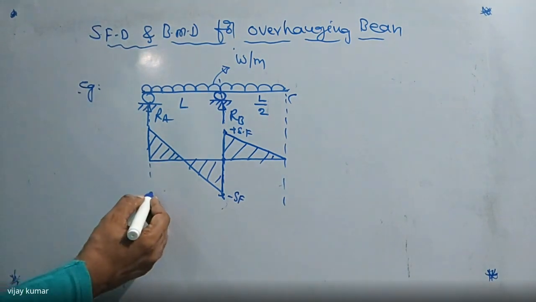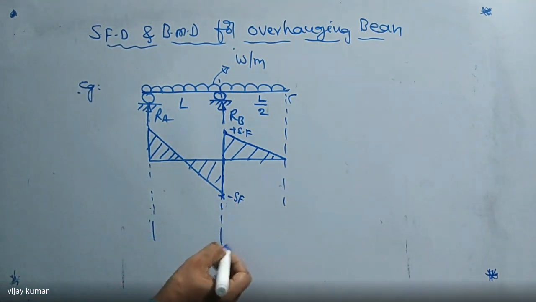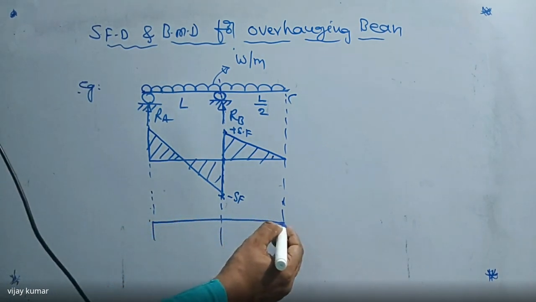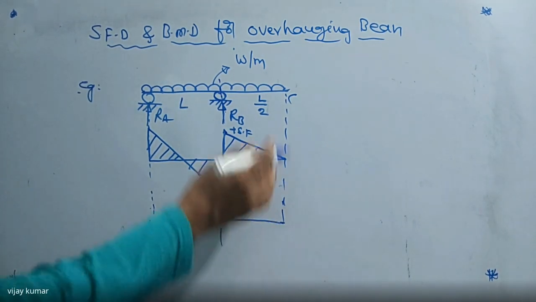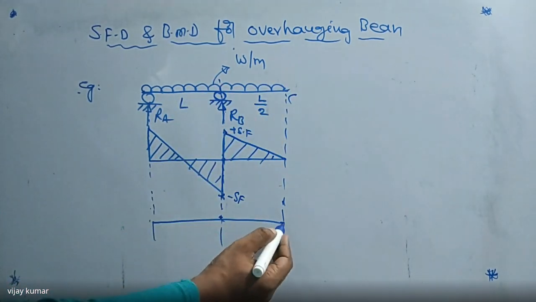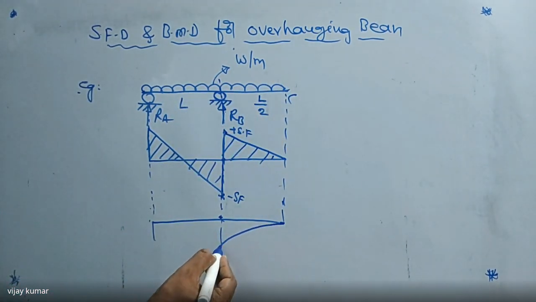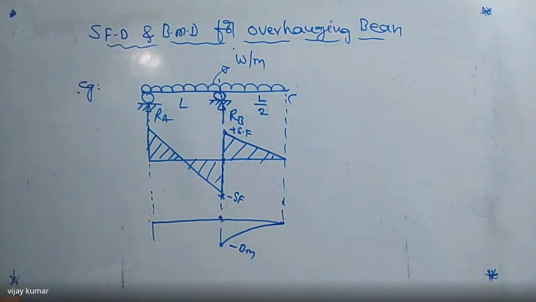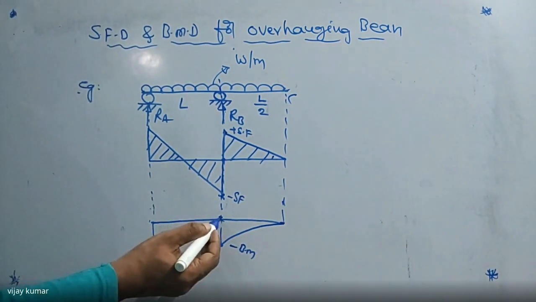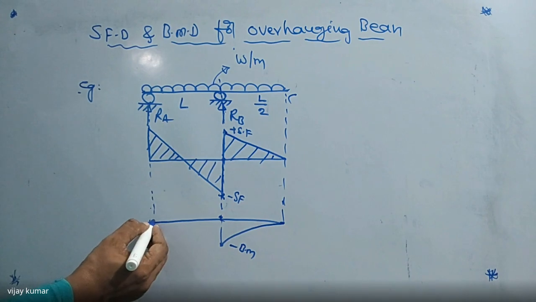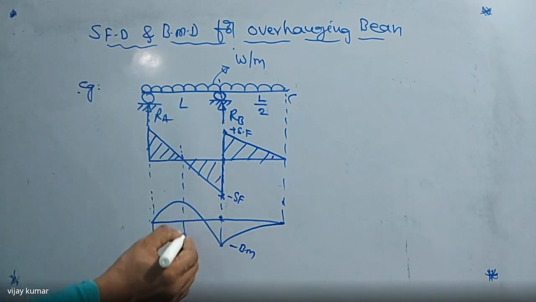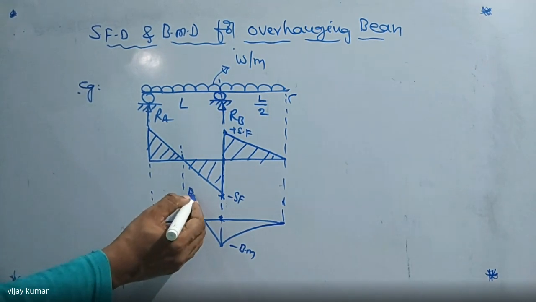So here I'm going to draw the bending moment diagram. Listen carefully here. From this point to this point, it is UDL, so the bending moment diagram is a parabola. Up to this one it is negative. So this is a negative bending moment up to this point. But between these 2 points, it is a simply supported beam, so it is parabolic like this. Here, this is the maximum bending moment.